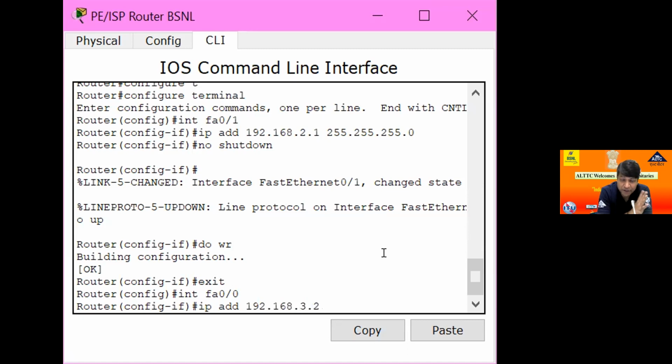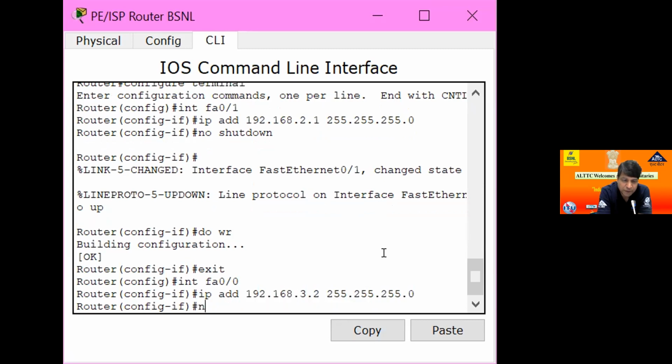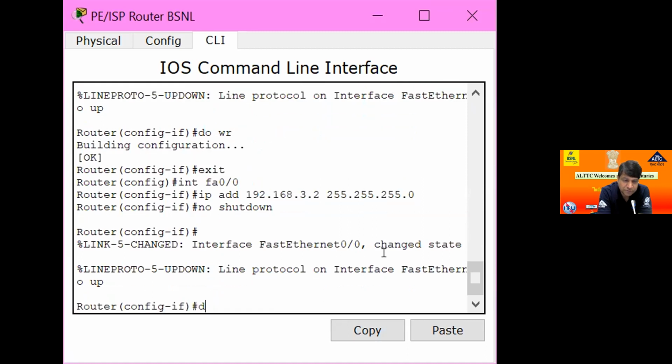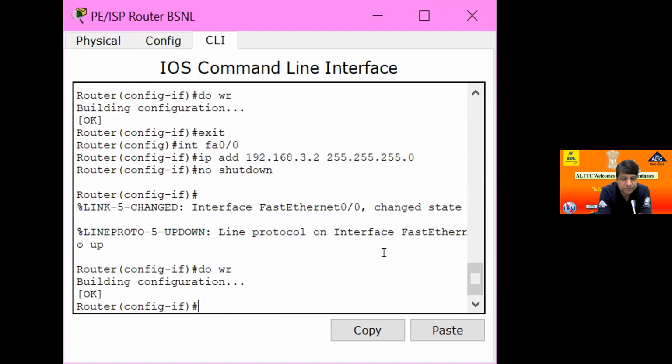One already given. Now you have IP from 2 to 254. You can any allotment of IP that not in use. So here use by default 2 because already in my job aid 2. Press enter. Power supply on. No shut. Now saving mode, do write. Exit.